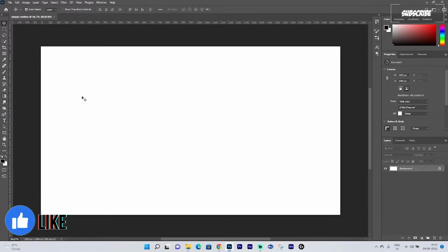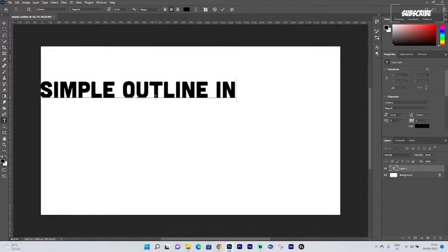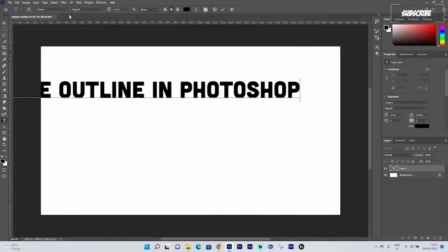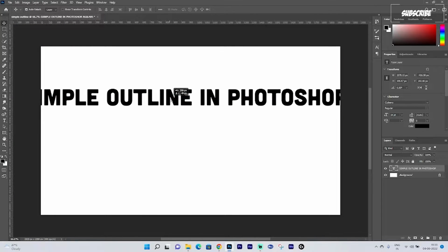Now to write the text, just click on the Type tool, and in any given space you just need to left click and start typing. So I have written "simple outline in Photoshop". You can write anything as per your requirement. To move the text, just click on the Move tool and click on the text, and you can align it